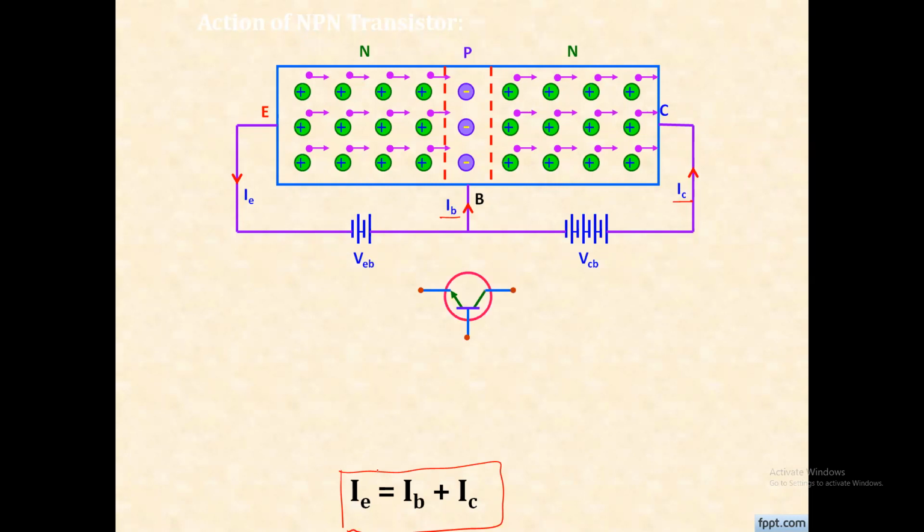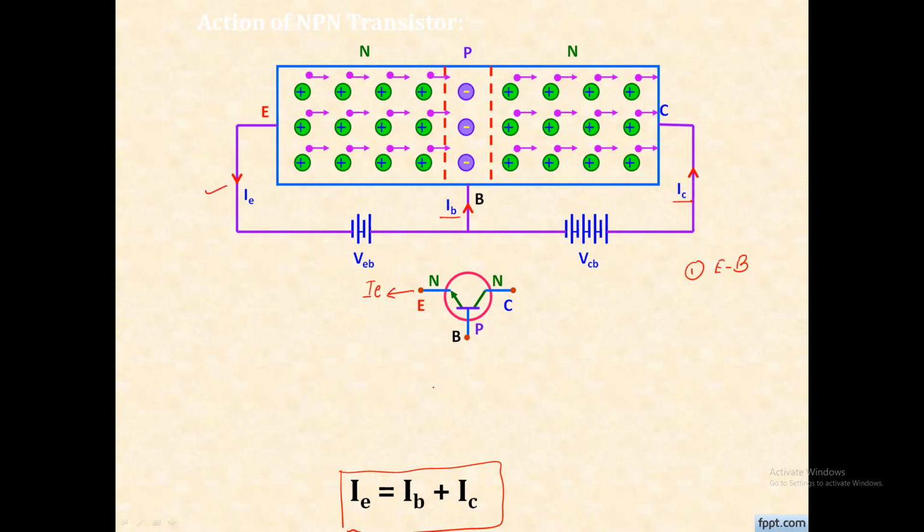And now you can see the symbol. Now you look at that symbol. This is the emitter, base, and the collector. And we know that for the symbol, the arrow is present. This arrow is always in between emitter and base, so that in this NPN type of transistor, emitter current is the outgoing current. Did you get it, when looking at the action of the transistor, the outgoing current?